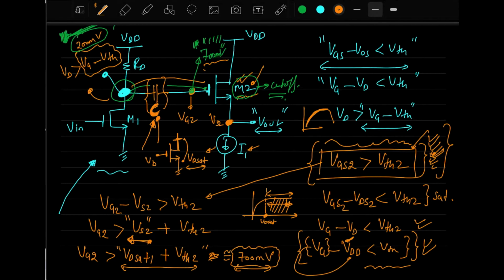This 200 and 700 millivolts which I am writing here is for a particular technology. So if you are working, let us say, on 50 nanometer technology, these voltages will change. It will be, let us say, 10 millivolts this side, and like 100 millivolts on the other. So the basic idea is to tell you that the voltages are too different, and how to address these two totally different voltages by applying a capacitor in between. That is the thing.